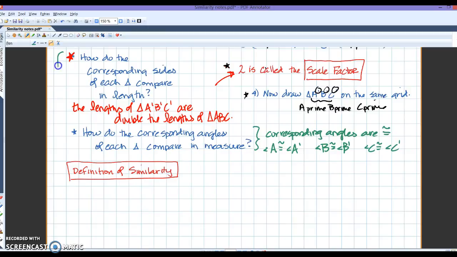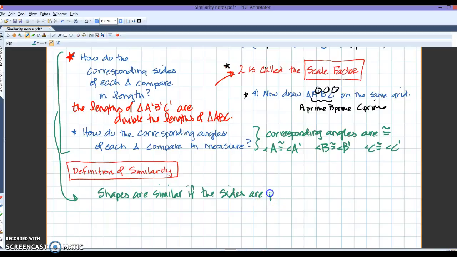And guys, these two ideas right here lead to the definition of similarity. So shapes are similar if their sides are proportional